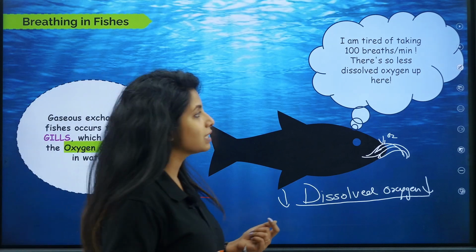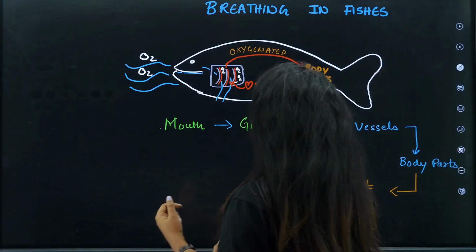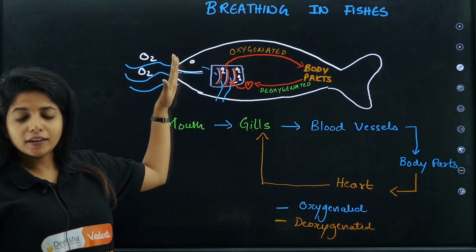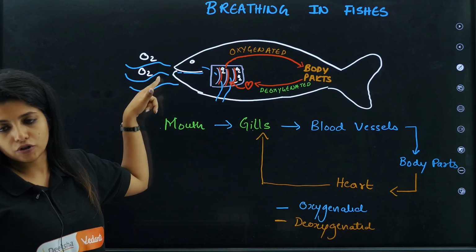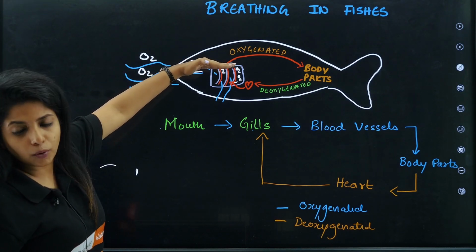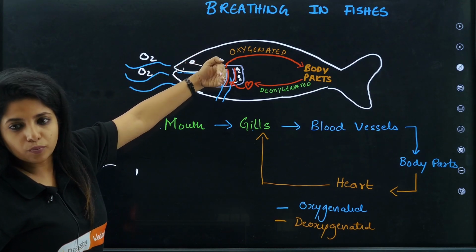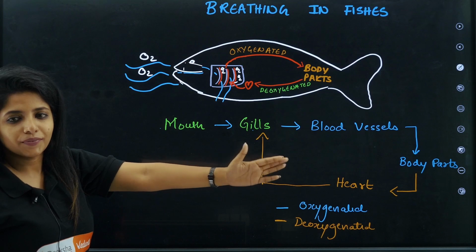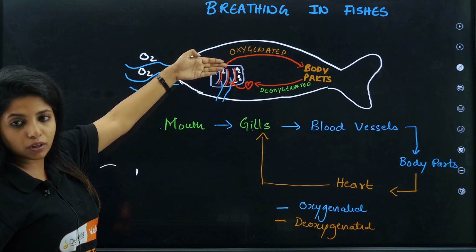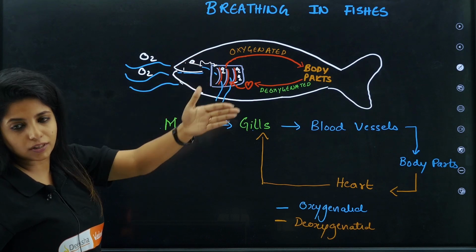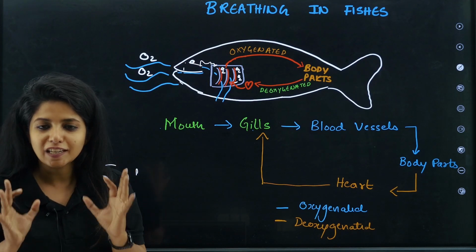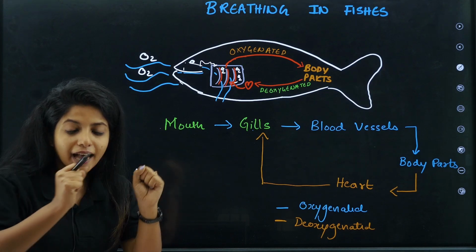Okay, now we'll see how they actually do it as well. So over here, see, for example, this is the mouth. They take in water, along with the water, what came in, children? Dissolved oxygen. So this water moved into the body, and from the body it is going to move out through the gills. Okay, it went in the body. Now in the body it goes to the gills. From the gills the water passes outside. Now who stays back there? It is the oxygen that stays back there. Now who is the one that will be carrying the oxygen, children?